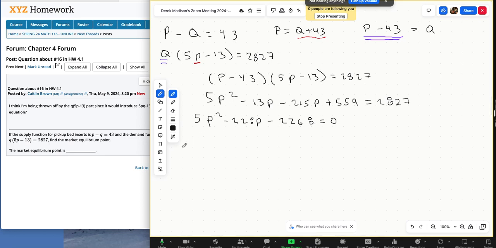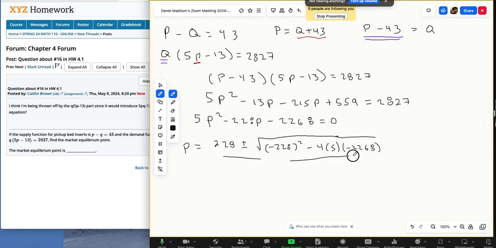the quadratic formula. So that would give us P equals, so it's negative B, so negative of 228 would just be a 228, and then plus or minus negative 228 squared minus 4 times A is 5, and times C is that negative 2268. And then that's all over 2A, so 2 times 5, or 10. Let's see, so this will be P equals 228